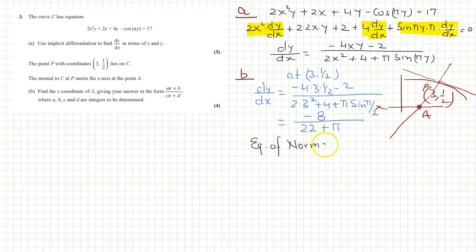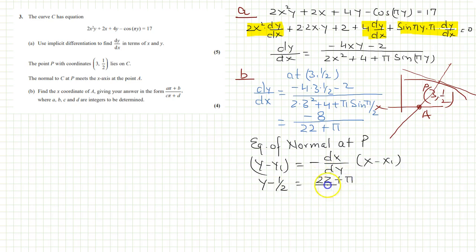Equation of normal at P will be y minus y1 is equal to minus dx over dy times x minus x1. So y minus y1, y1 is half, is equal to minus dy over dx, which is 22 plus pi over 8, times x minus x1, which is 3. We need not solve it further because it's saying find the x-coordinate of A. So for the x-coordinate of A,